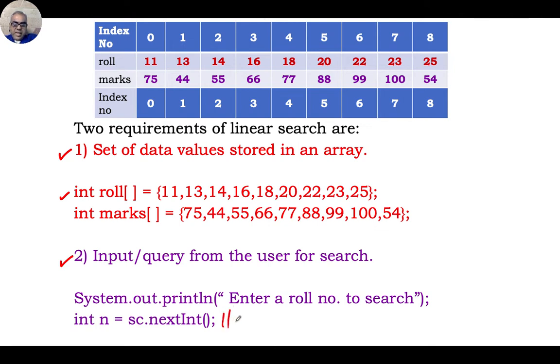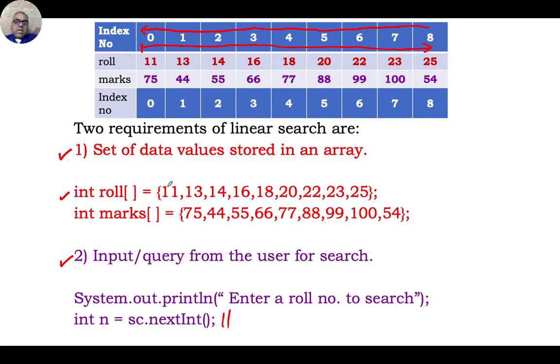Now once the data is entered, in a linear search, one way search, or you can say sequential search, we make the computer read index numbers from one end to another end in one direction. The reading of data moves in one direction. If you really want, you can also go in reverse. You can take the last value and then move in the other direction, but in any case you will be moving in one direction. That's why it is known as unidirectional, one directional search.